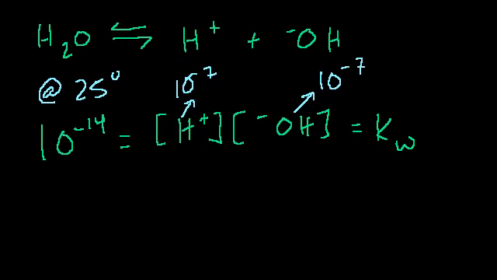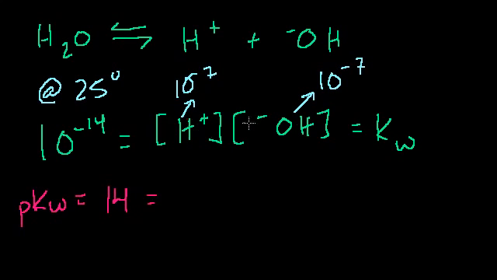And if you take a log of everything, so if you take the pKw, what was that? Well, if you put a p in front of something, that means you're taking the negative log of it. So the negative log of 10 to the minus 14, the log base 10 of 10 to the minus 14 is minus 14. So the negative log is just 14. So pKw is 14,